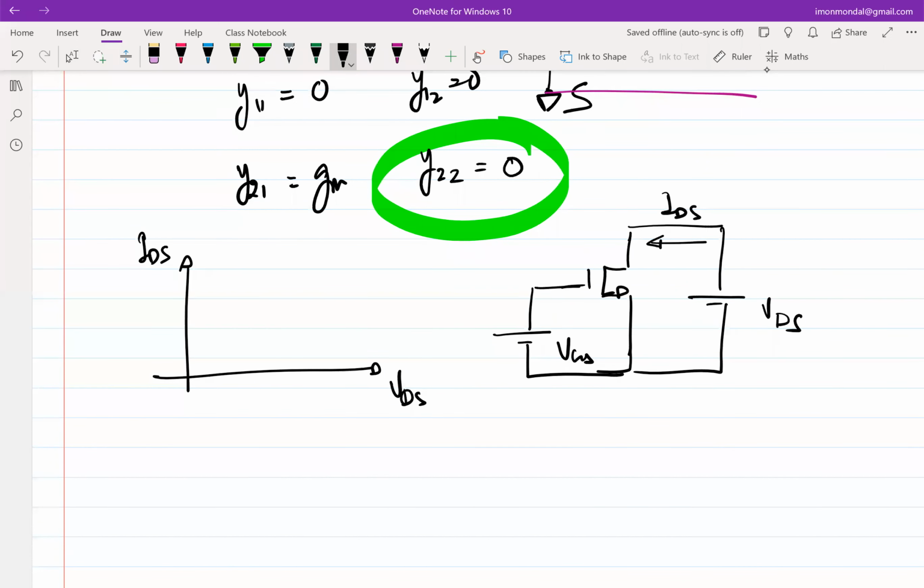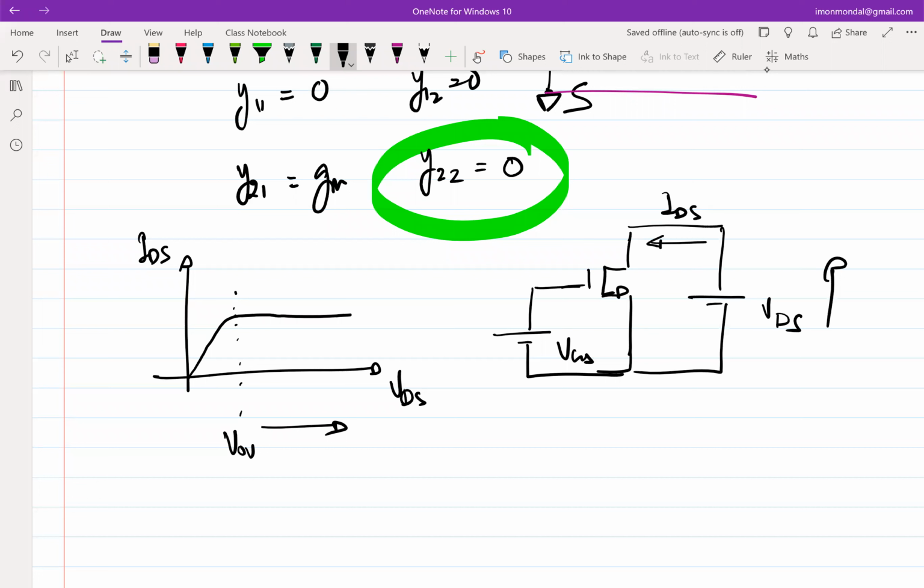And what happens if I change VDS from some small value to some large value? Our transistor characteristics in this case was something like this. And we saw that beyond this point, your IDS was saturated. That is, IDS was not changing even if you were changing VDS,